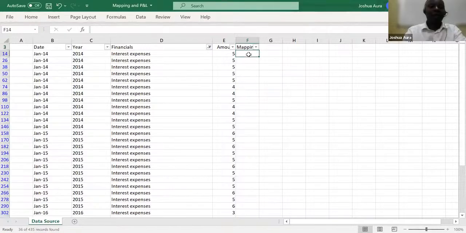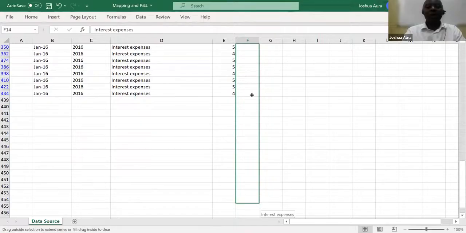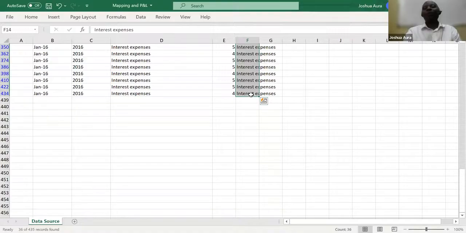So I'll come to my mind map and write interest expense, or expenses. And then I say enter, I go back there, and then I'll be able to copy down there like that. And the last one,